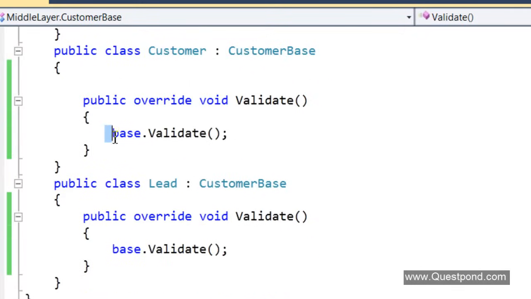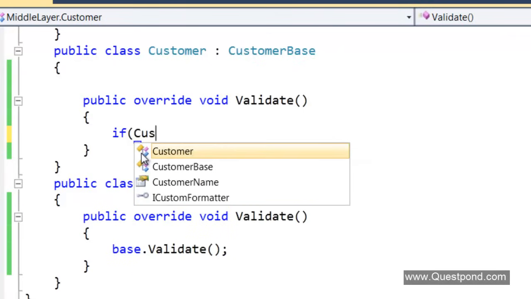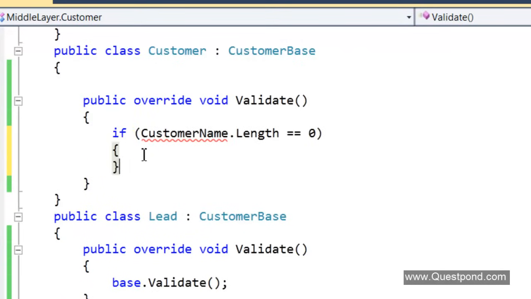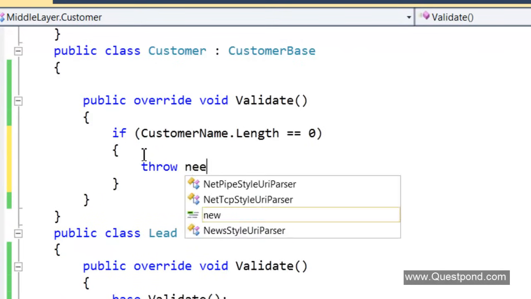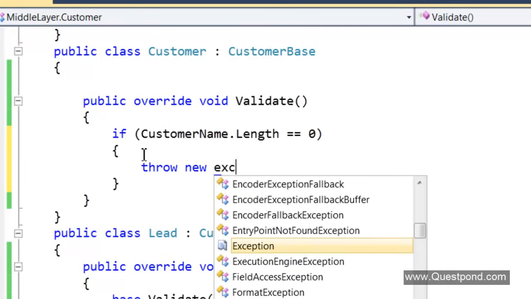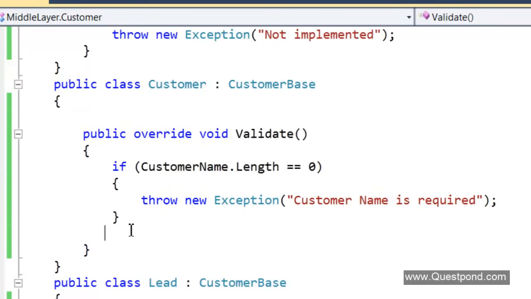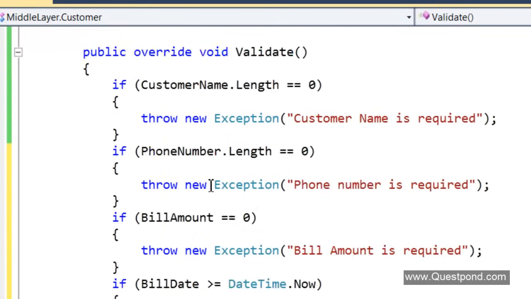So in the customer, all the validations will happen. Here the customer name is compulsory, right? So if the customer name length is equal to 0, then I will throw a new exception saying customer name is required. And in the same way, I have put validations for all the other fields as well.